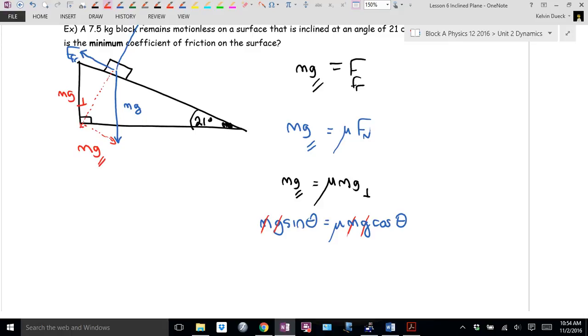What's mu? I don't know. What's mu with u? How am I going to get the mu, the coefficient of friction, by itself? I'm going to get mu equals